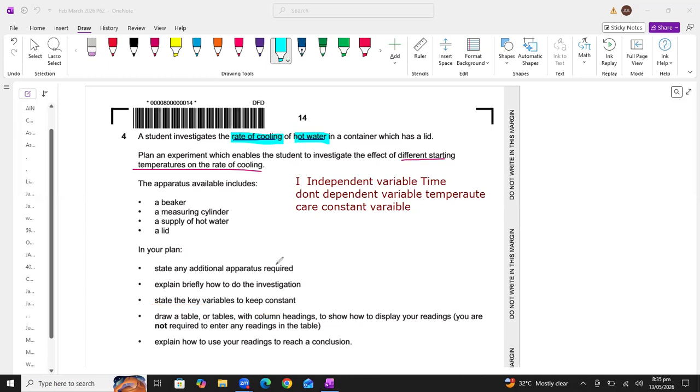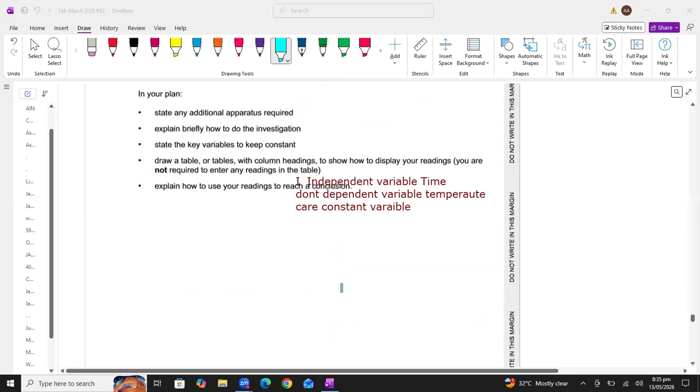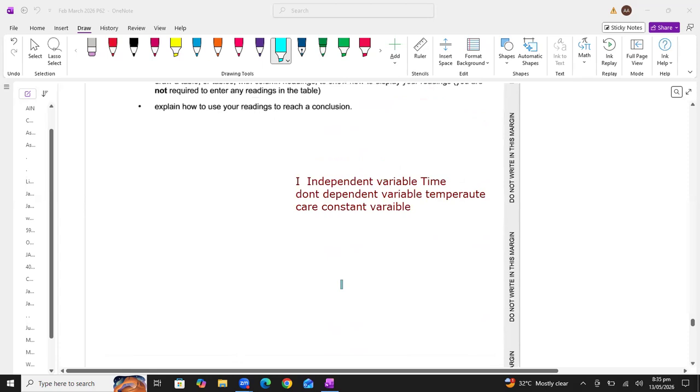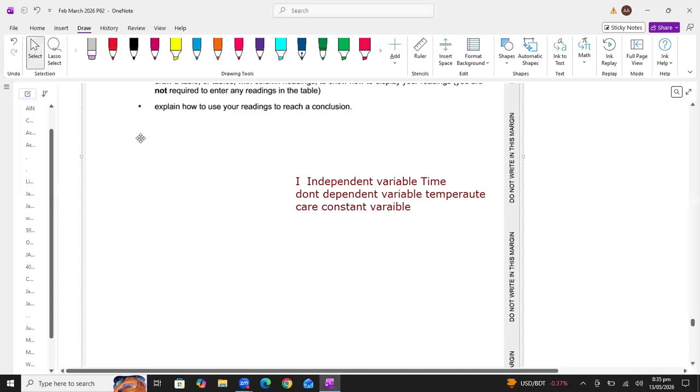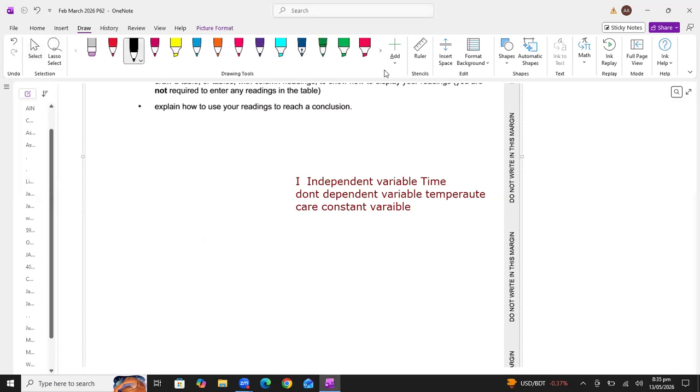So can anybody tell me what are the certain variables which we have to keep constant? They are saying key variables, plural word, variables. So it means there must be multiple variables which we have to keep constant when we are performing this experiment. So what could be the variables? Well done, beta. Volume of water. Exactly. We have to keep volume of water constant. So first variable we can write here, volume of water. All right, I'm writing here. Well done, Inaya.